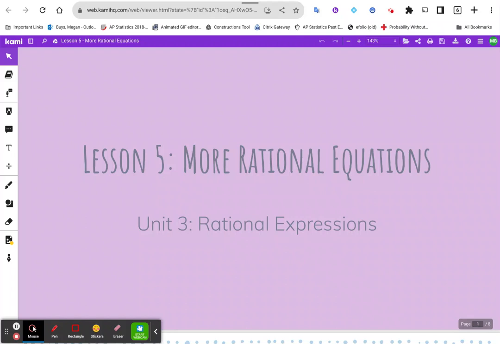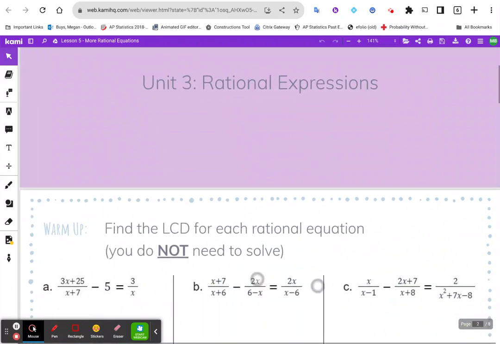Hey everyone! In this video, we're going to continue on with lesson 5, which is more rational equations. So this is a continuation of what we did with lesson 4, which was our previous lesson. So I'm just going to take a minute and kind of go through here. So that being said,